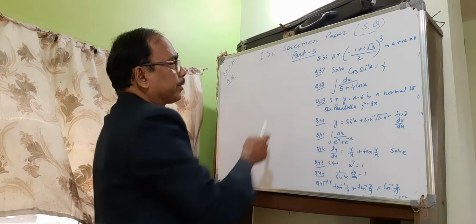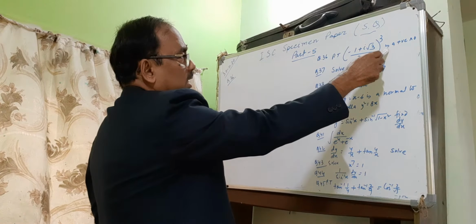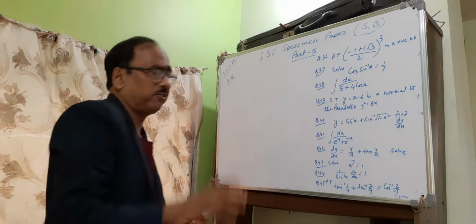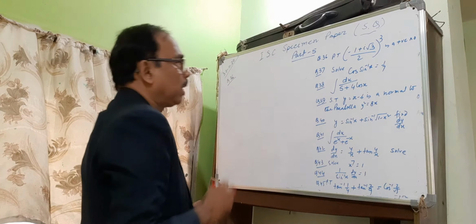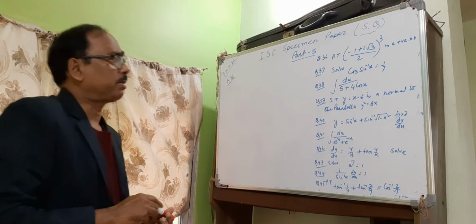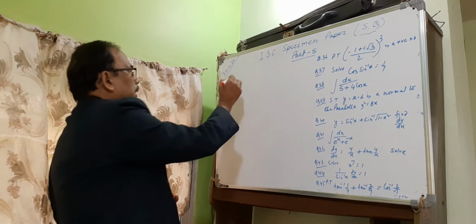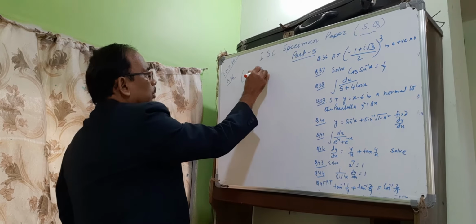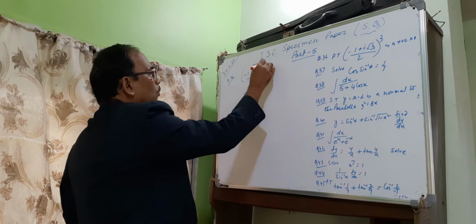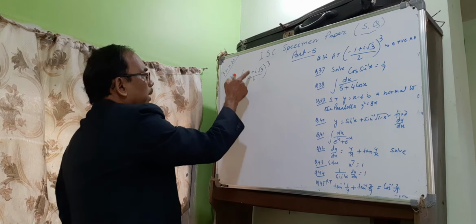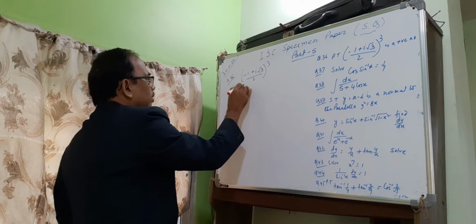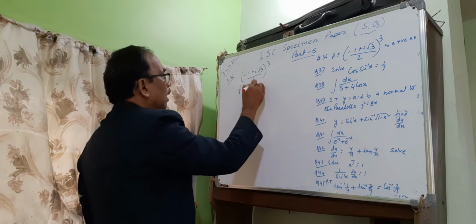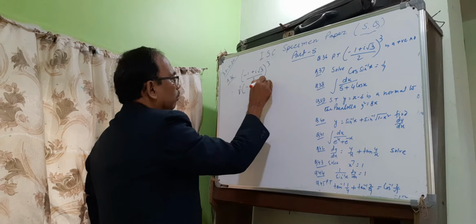Here prove that the value of this expression is a positive number. It is a complex number sum. Here (-1 plus i root 3 over 2) all over whole cube. This is 1 by 2 a whole cube, that is 1 by 8, (-1 plus i root 3) whole cube.